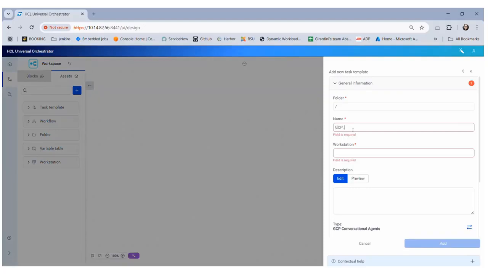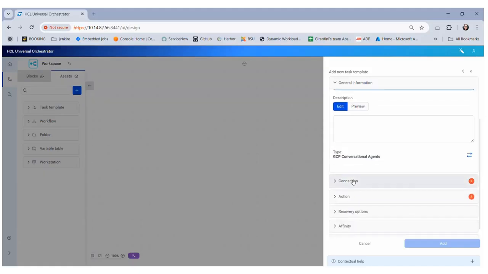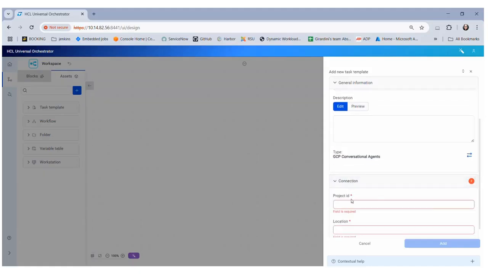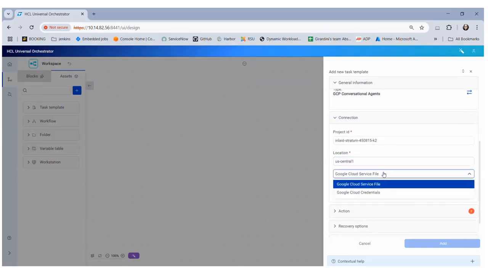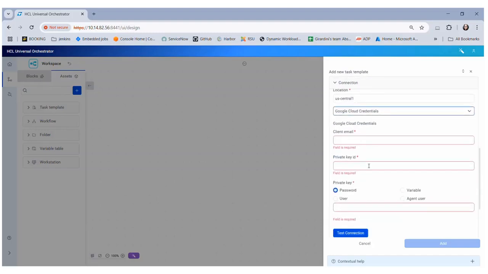We can give it a name, workstation, and in the connection we will need both a project ID and a location. These are both required, and then we can either connect via service file or Google Cloud credentials. These are simple fields you can find on your service file for your account, or you give in the service